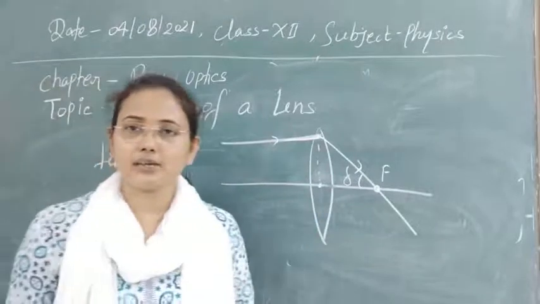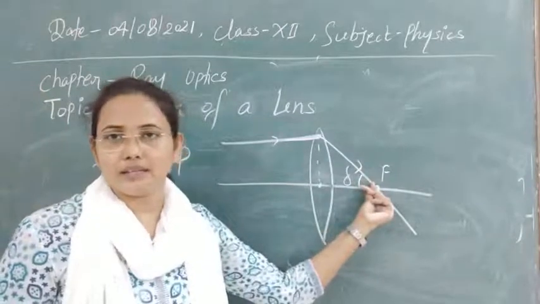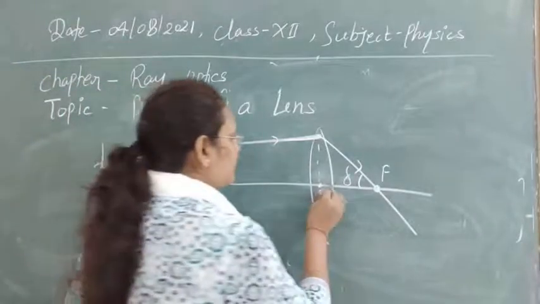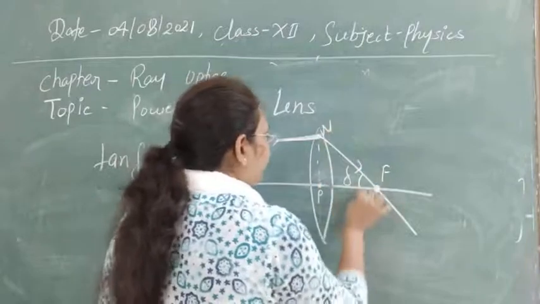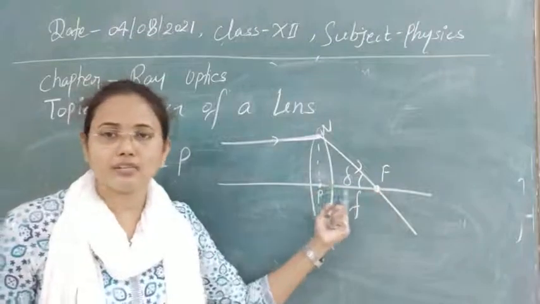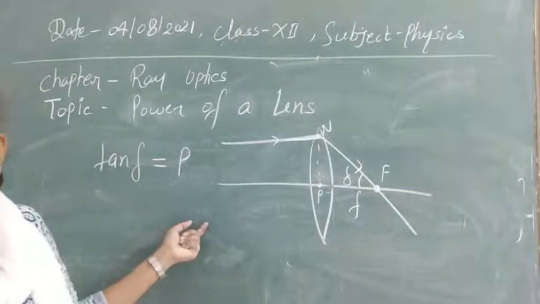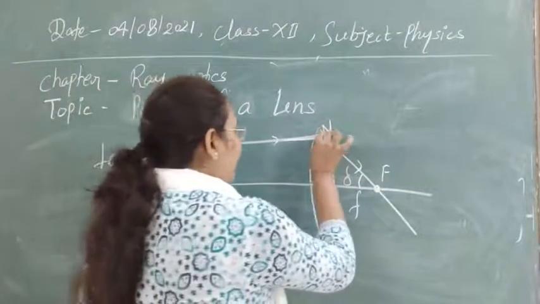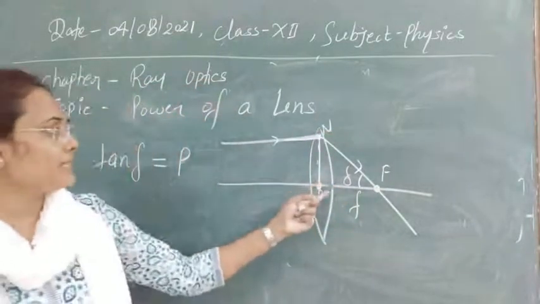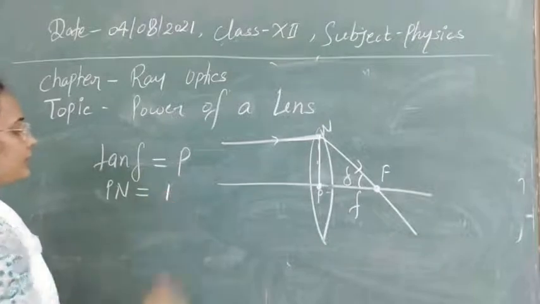Similarly, for the concave lens you can see it for diverging the light. So the angle of convergence or divergence is what is called the power of the lenses here. Now suppose this distance is P and this is N, then PF, the distance of the focal point from the pole, is called the focal length, you know already. One more thing I have told you: the light falls on the lens at unit distance from the pole, this Pn, and in definitions we write this as unity.